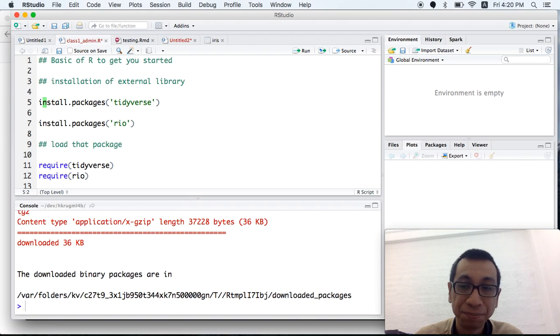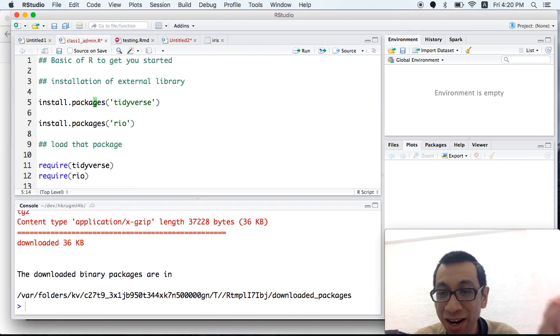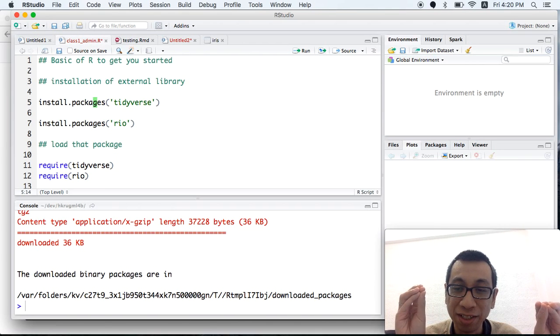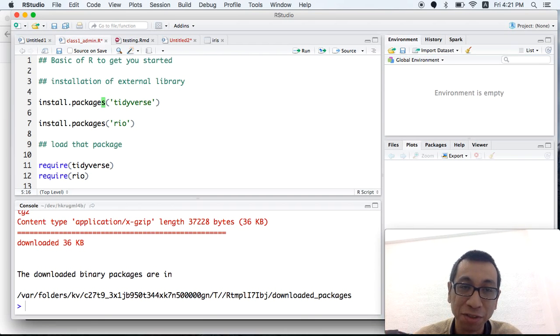So in R, there are only two distinct kinds of things. This is a very simple general picture of what R is. There is data, and the other thing is functions. A function is for working with something. Data is data. So you have some data and you want to process it, so you use a function.